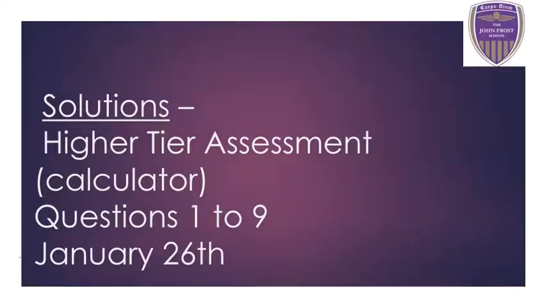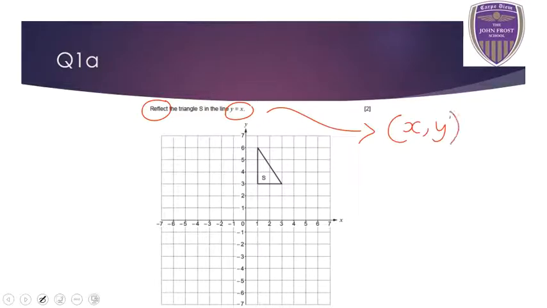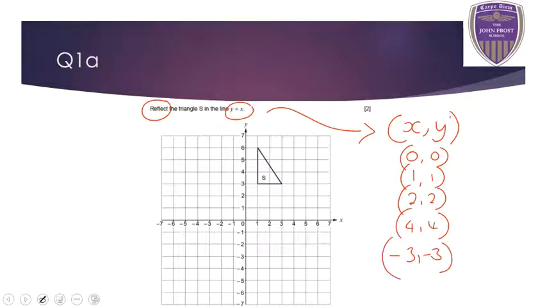Okay, so I'm going to go through the solutions with you. Question 1A is a transformation type of question, and the type that we're looking at is reflection in the line y equal to x. So the line y equal to x, if you think of the coordinates x, y, it's where they're equal, where y is equal to x. So you'd have things like 0, 0, 1, 1, 2, 2, 4, 4, -3, -3. Basically, where the coordinate x value and y value are the same. So if you plotted those, you'll end up with a diagonal line